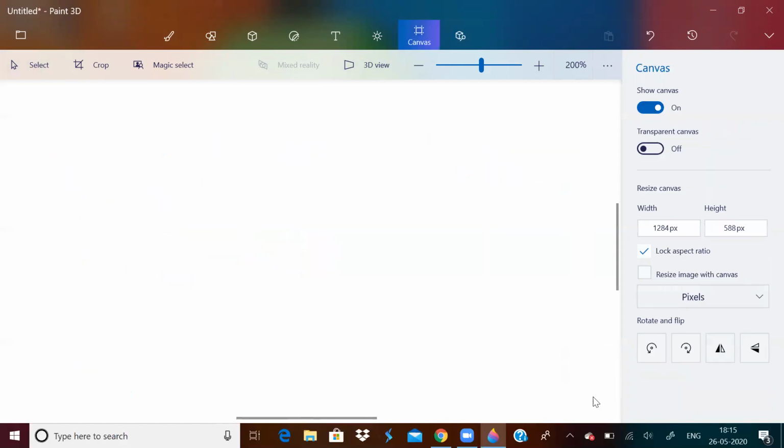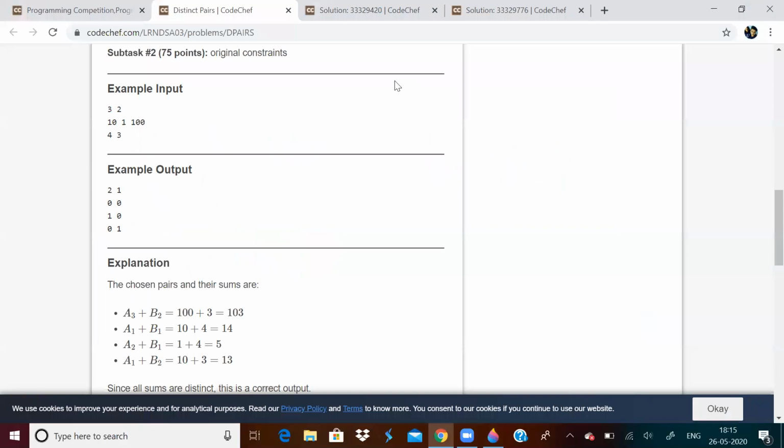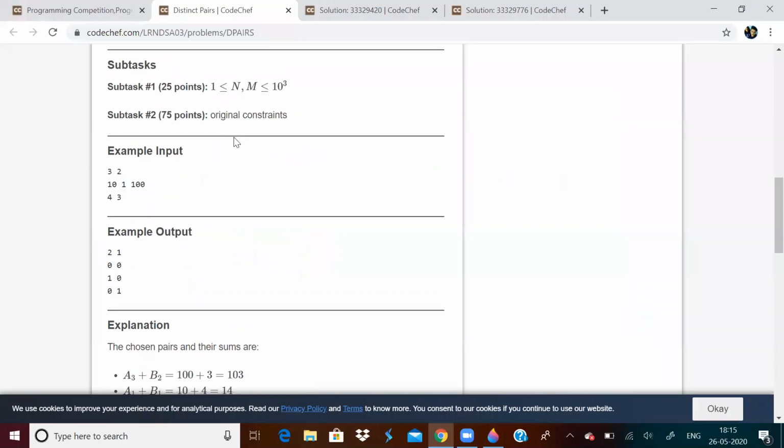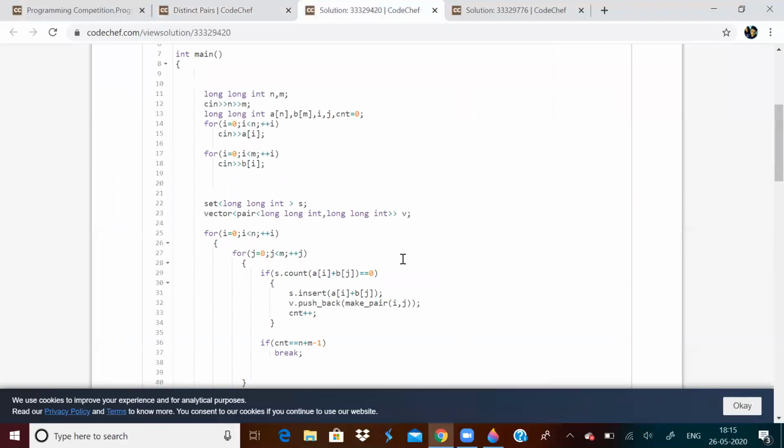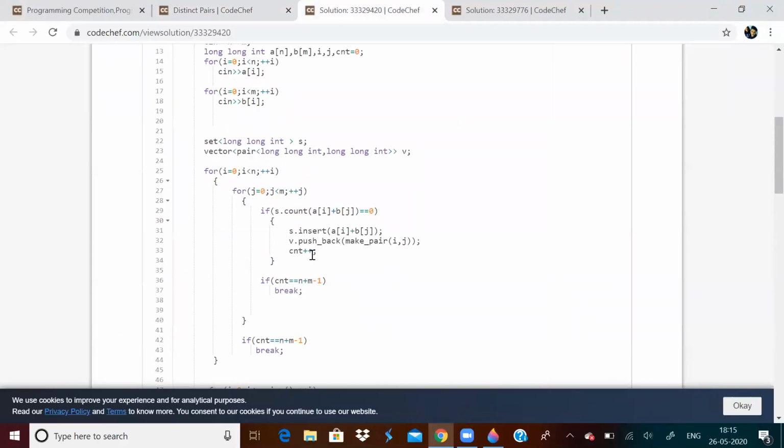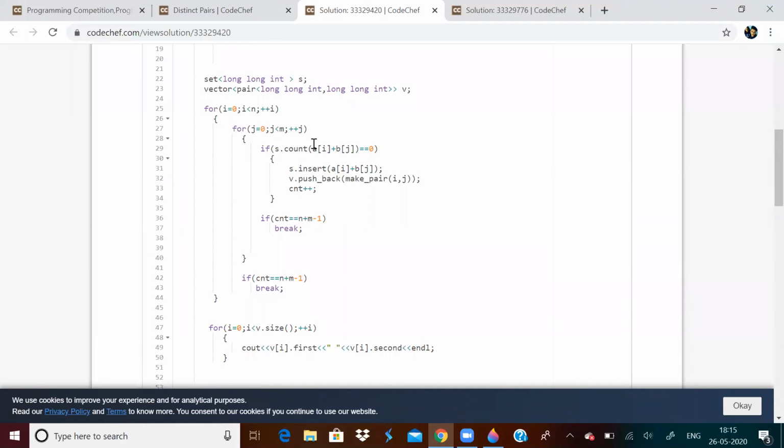So this can be easily done with time complexity O of N into M, but that will only give you 25 points as I have done here. What have I done? I have used a set and a vector of pairs, wherein I am checking if the sum of elements in the pair is not present in the set, then I will insert it in the set and insert the indices in the vector of pairs.